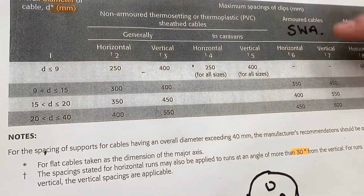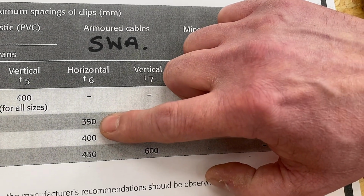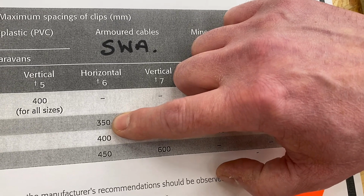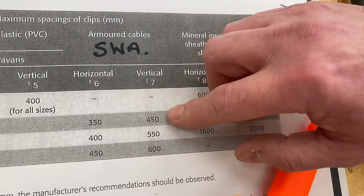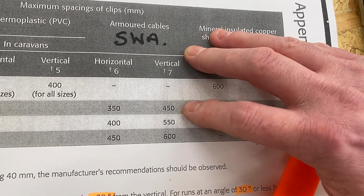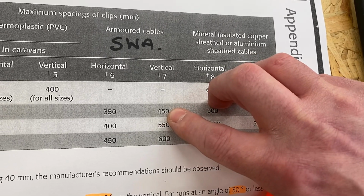So our cable cleats positions would be looking at column number 6. Horizontally, 350 mil as a maximum. We could be under the maximum, but we couldn't be over it. And vertically, we would be 450. So we can see those two clipping distances there. And it's often in an exam, you're asked to find them using this table. They'll tell you normally the diameter of the cable, and you're expected to work out what your cable supports would